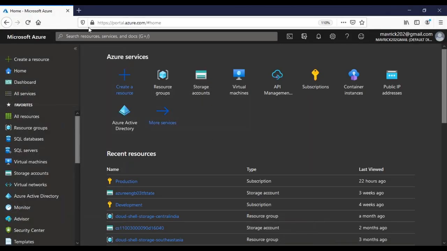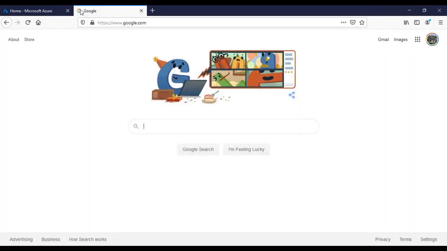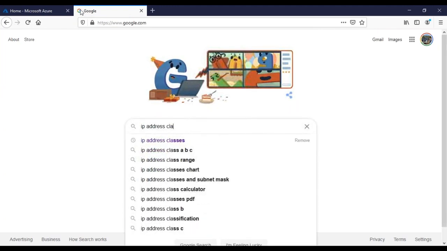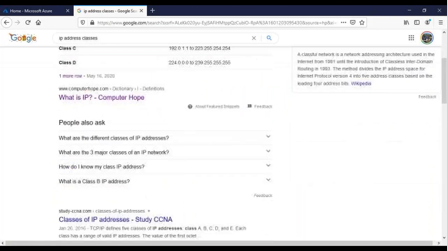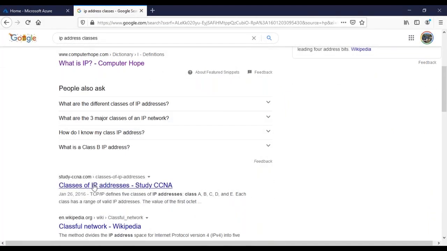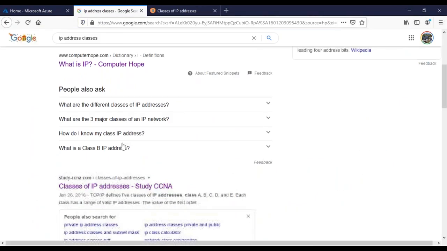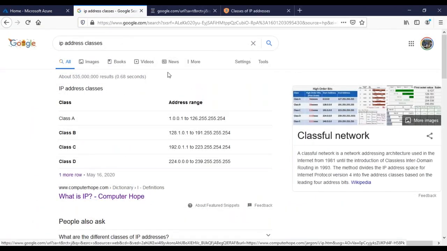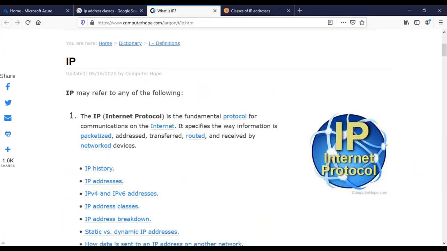So now I'm going to say IP address classes. IP address classes are basically divided into 5 classes, guys. So you really don't need to go deep into that one.